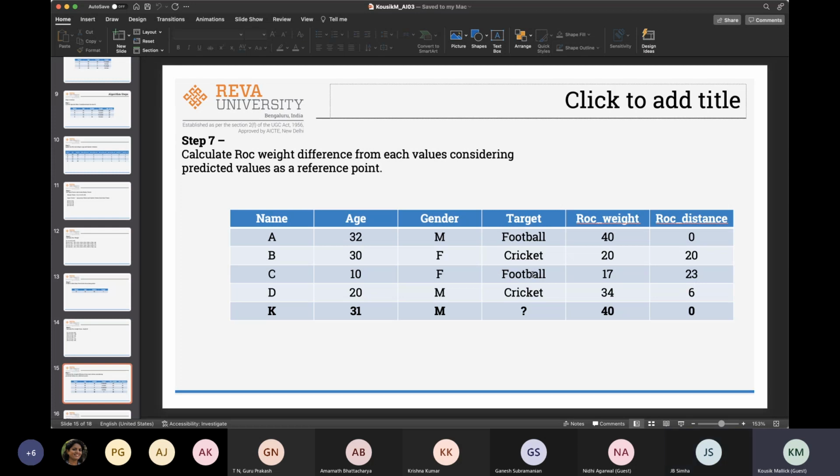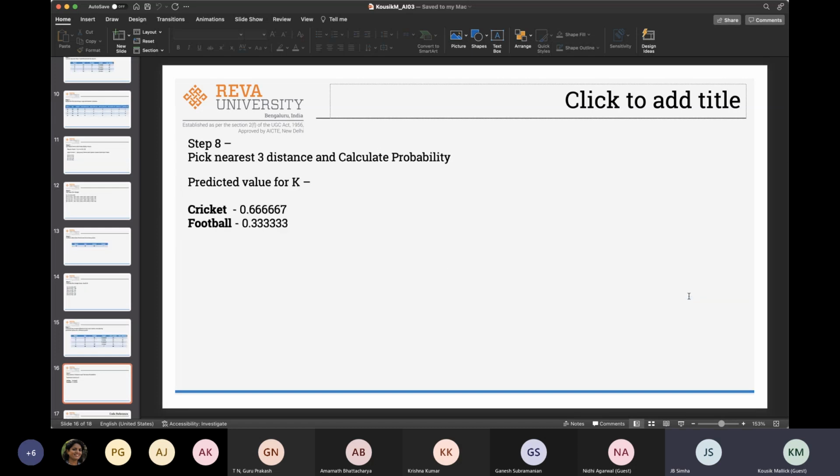So that is the probability that I have taken. Based on the three values, the nearest three values, it could be six. So now if I go here, somewhere cricket is coming as 66% and football maybe 33%, because I took